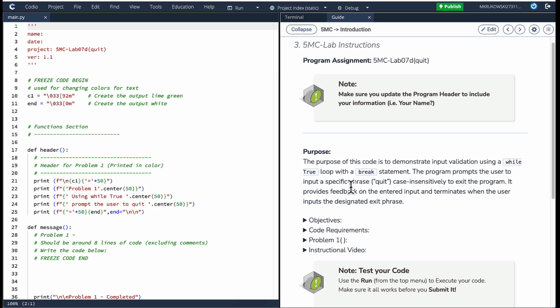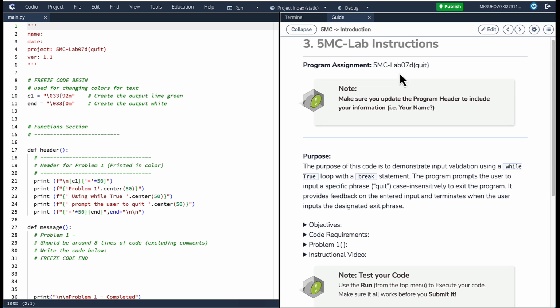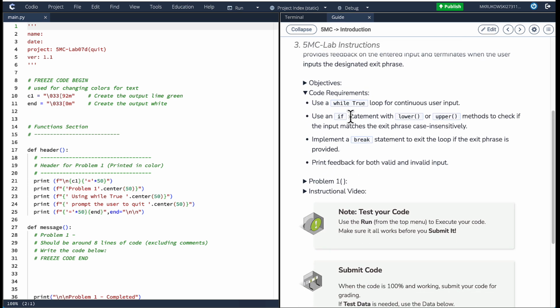Alright, for this one, we're going to look at 7D. It's a quit program. And what you're going to do is, once again, utilize a while true. And you are going to utilize a statement here where the input gets converted to upper or lower, one or the other. So when the user types in something, it gets converted and tested so it works correctly, meaning something like